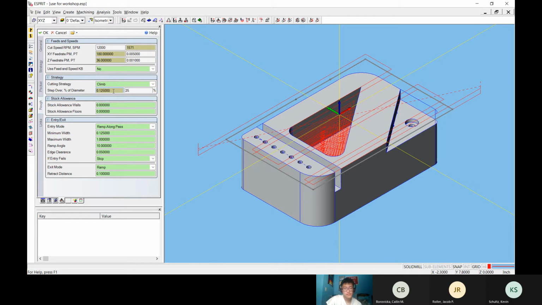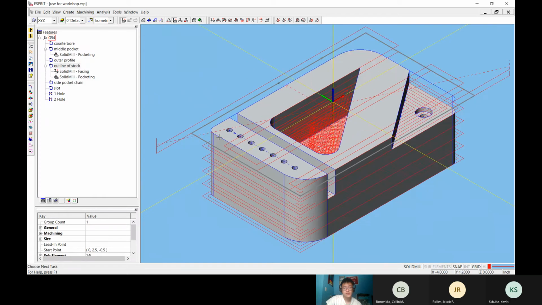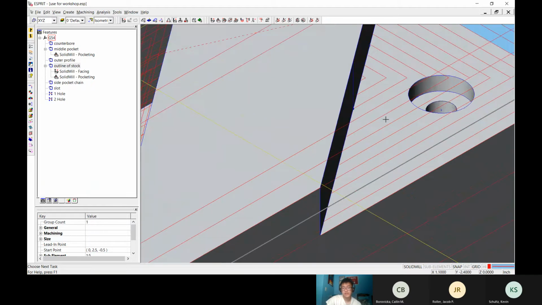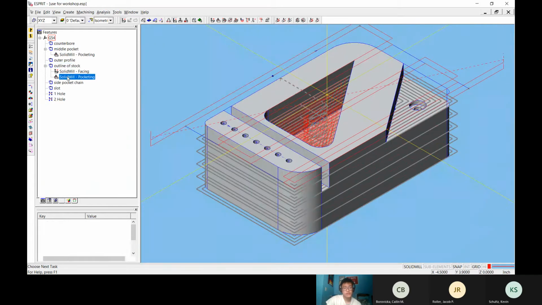So don't press OK yet, but I'm going to do so you can see what happens. Essentially it's going to cut all of the material inside of this box, which isn't what we want. You can tell because it's cutting here and we don't want that. But what you can do, you go back in the pocketing,